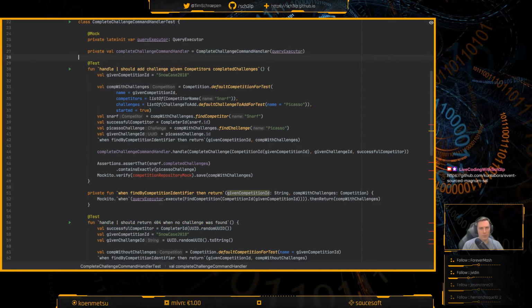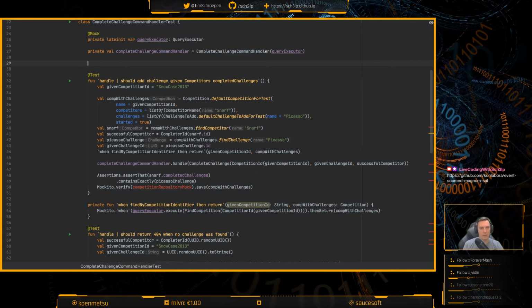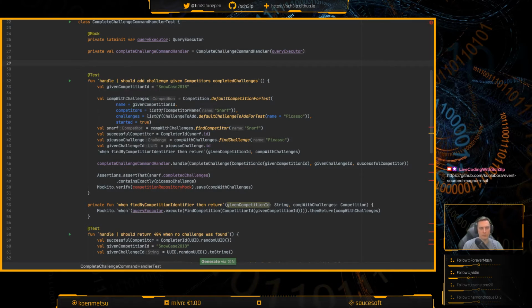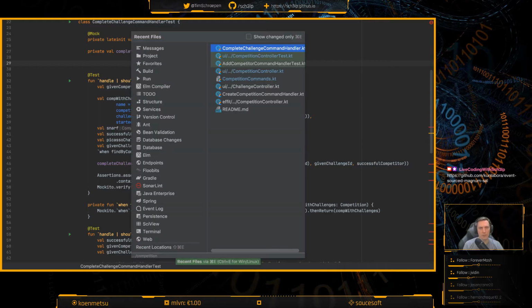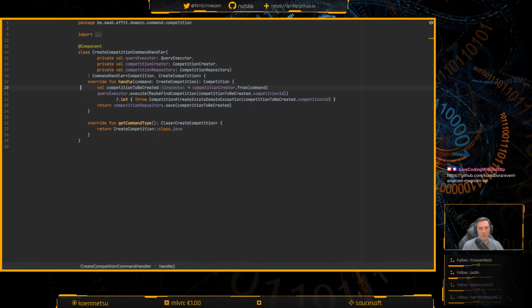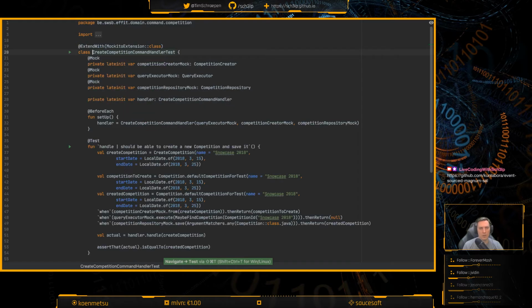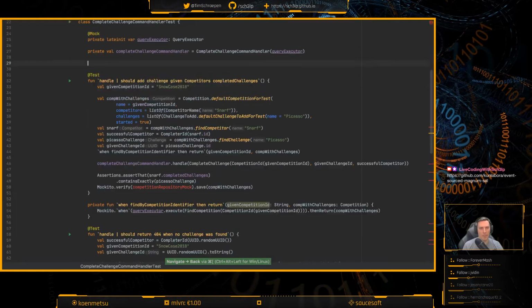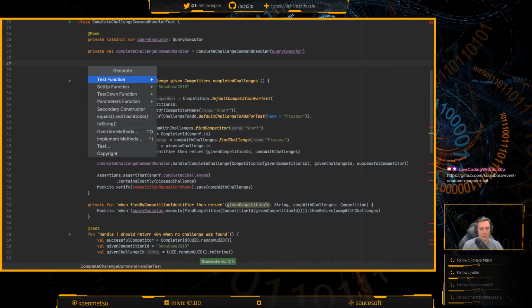And then I should have probably initialized it in the before. How do we do that with the other command handlers? Yeah, before each. So let's move this to the before each.